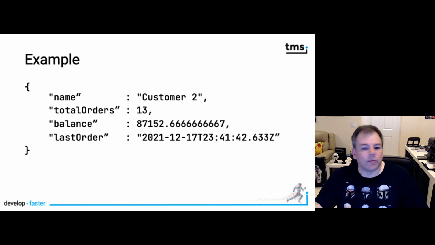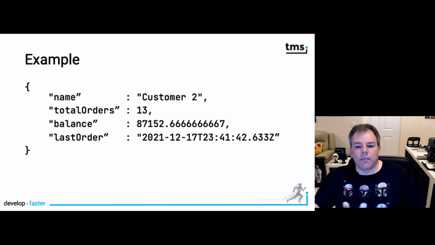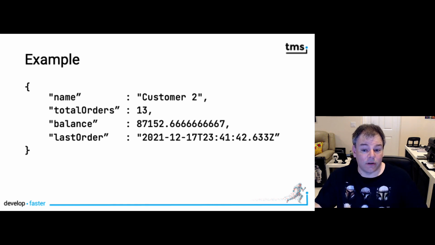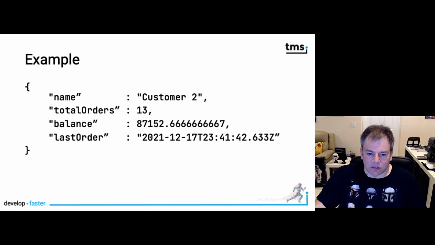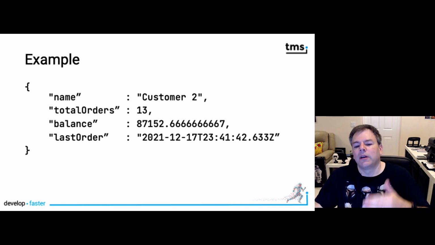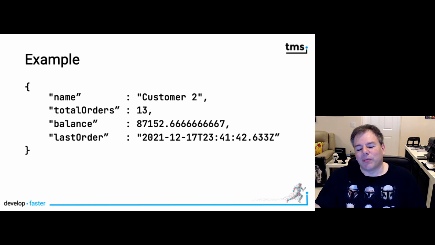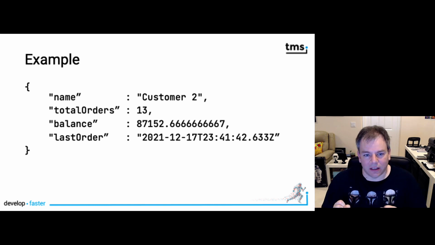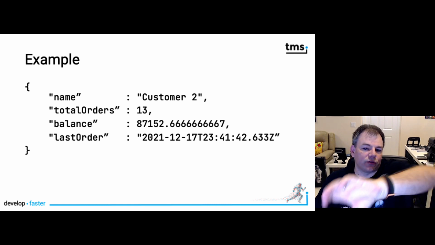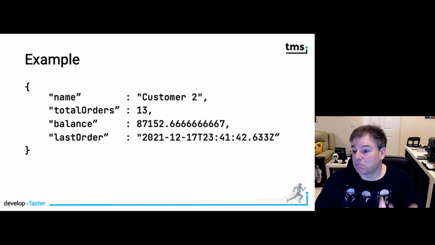And of course, all the different properties are separated using a comma. So name is the property name, and then the text customer2 is the value of the property, comma, next property name, total orders, colon, value, no quotation marks means it's a number. So with that, you already see a problem that there might be some trickiness involved to transfer it back to the data types in Delphi because JSON only has two, more or less.